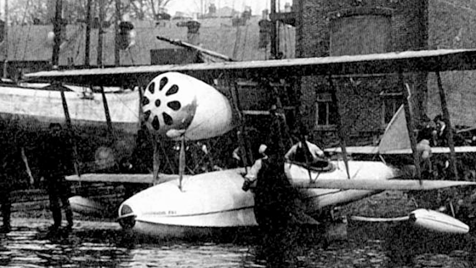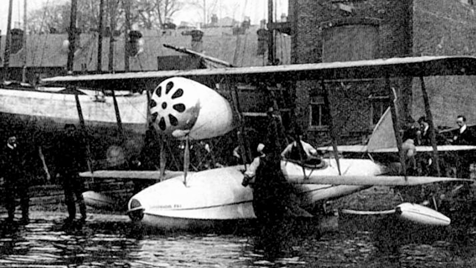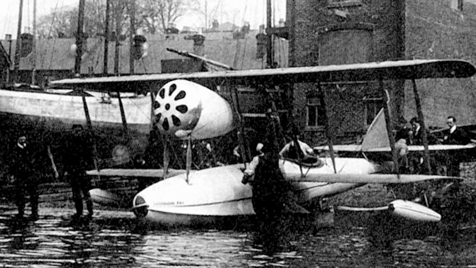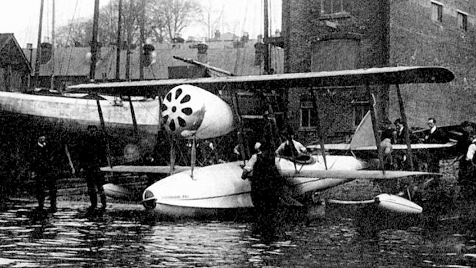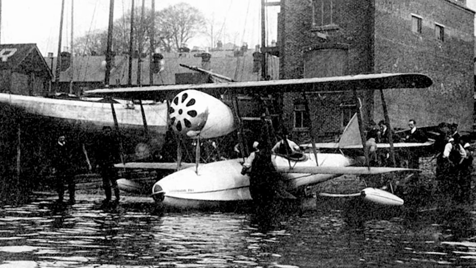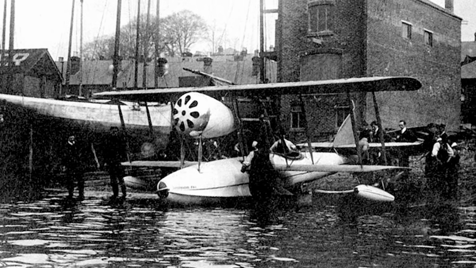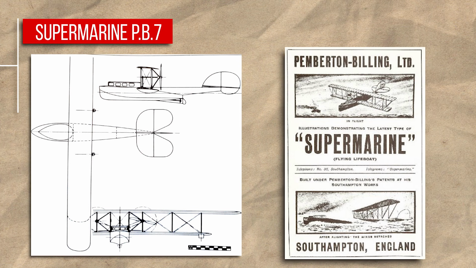It made use of a weak Gnome rotary engine that just managed 50 horsepower, and it was angled slightly upward in the hopes of improving takeoff performance. In fact, this design choice had the reverse effect, providing not enough forward thrust, and the PB-1 never flew, even after a full redesign. Next, we have the PB-7, which was the start of an unfruitful obsession with the concept